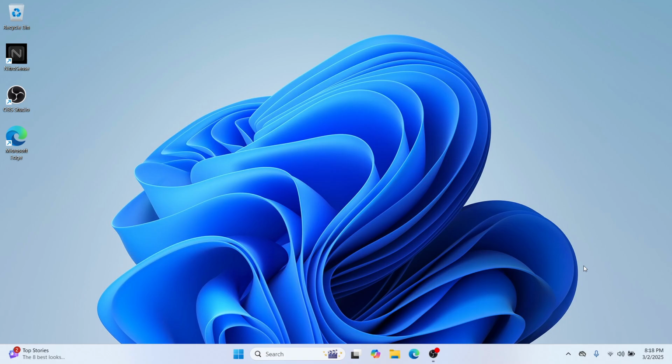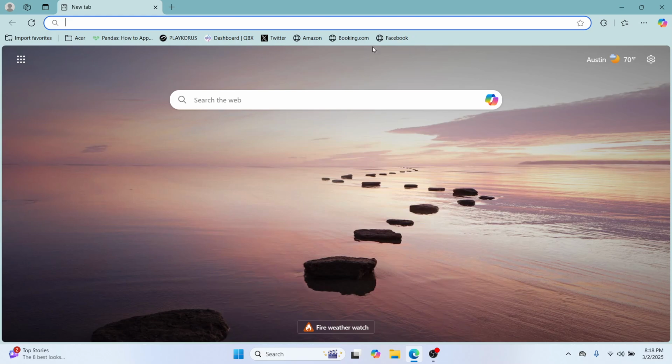Today we are going to download Android Studio for Java. This is how you can create Android mobile applications. So let's get started. The first thing we need to do is go to